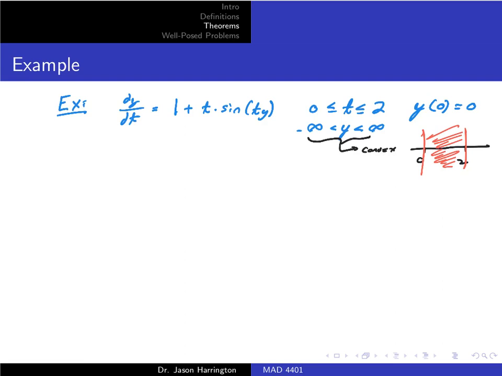Now my function, I'm going to set this whole thing to my f of t comma y. So my f of t comma y